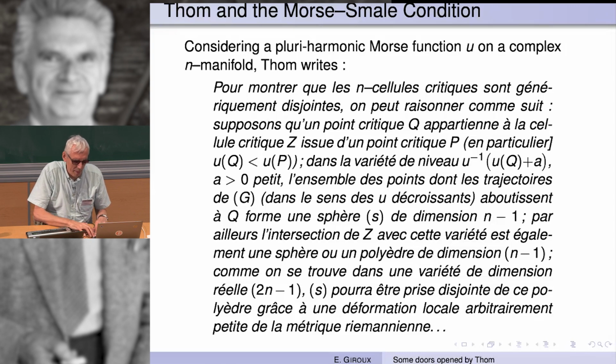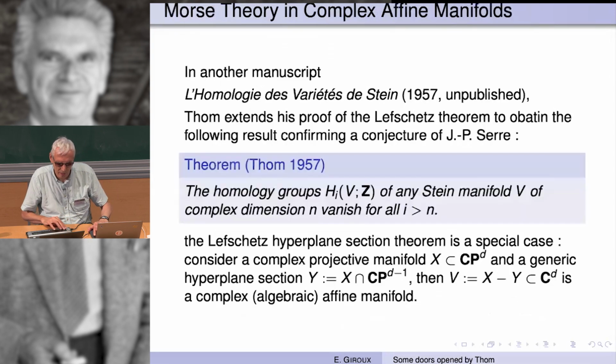Okay. So let me come back to this paper I already mentioned about the proof of the Lefschetz theorem, Morse theory on complex affine manifolds. So in another manuscript, which is Homology of Stein manifolds, Thom extends his proof of the Lefschetz theorem to get a result which is a kind of confirmation of a conjecture of Jean-Pierre Serre,